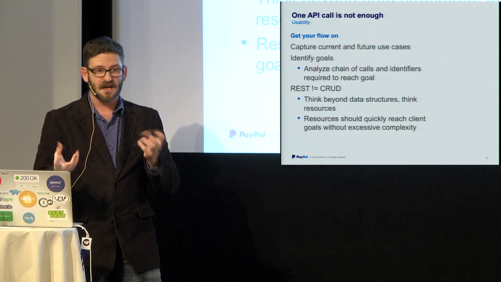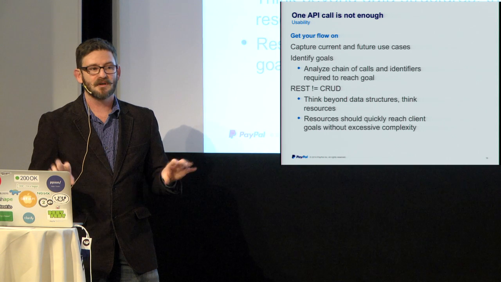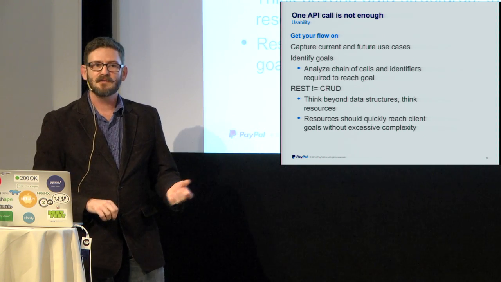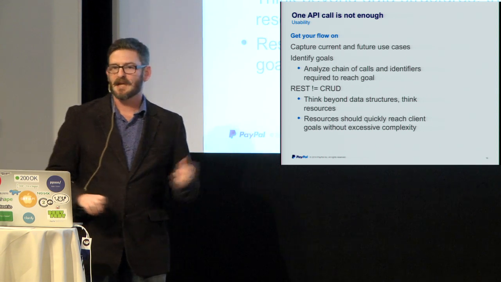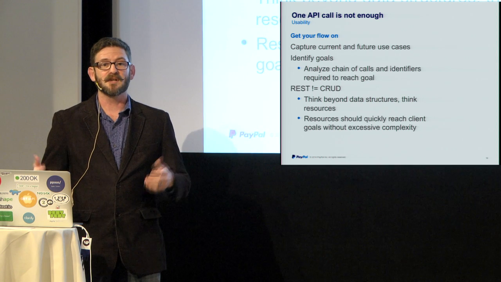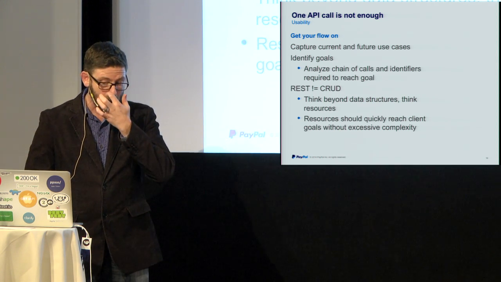That's where this sort of mocking, playing becomes super critical to make sure all your identifiers flow through. So think about flow. Don't just think about one API at a time. How do they connect together? How do the identifiers relate? If you have hypermedia, how do your links play between those things and relay state?